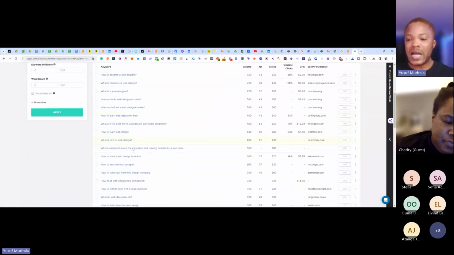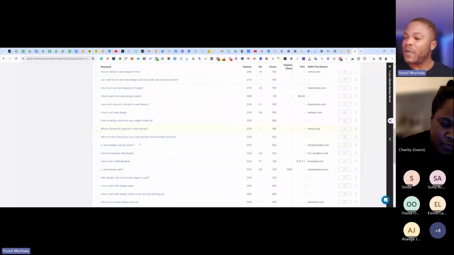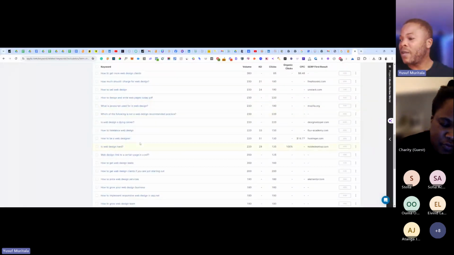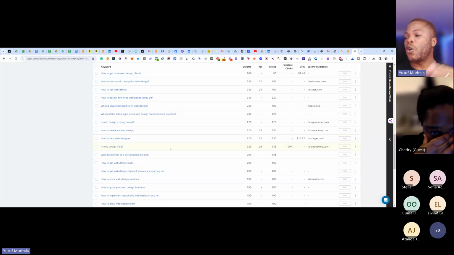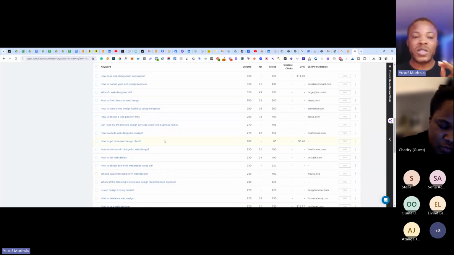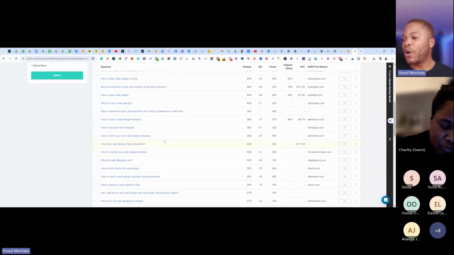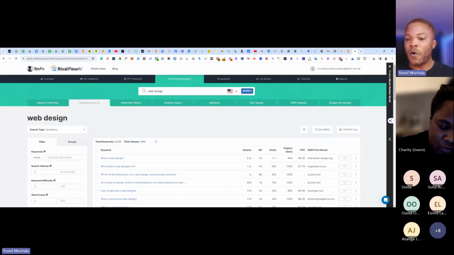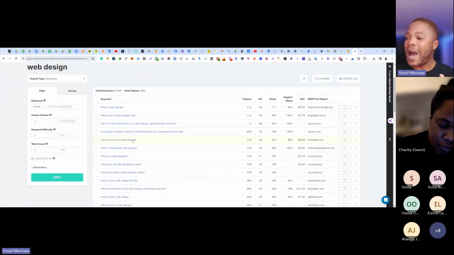You can tap into this and write them down if they're interesting to you, and then you can decide whether you want to create a separate page for it or a blog around it. To decide which one should be a blog and which one a service page, you determine